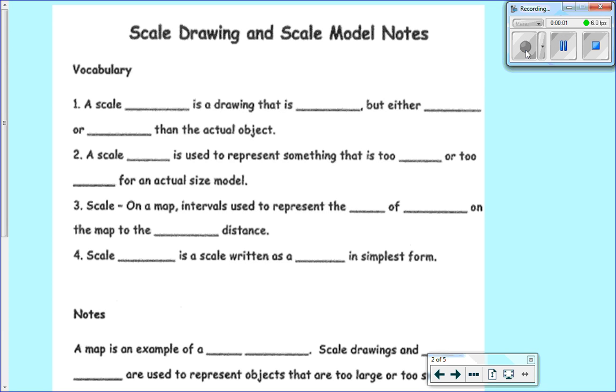So we're going to talk about scale drawings and scale models. You'll write about being a ratio, model, and actual. So we're going to look at that. Some vocabulary. A scale drawing